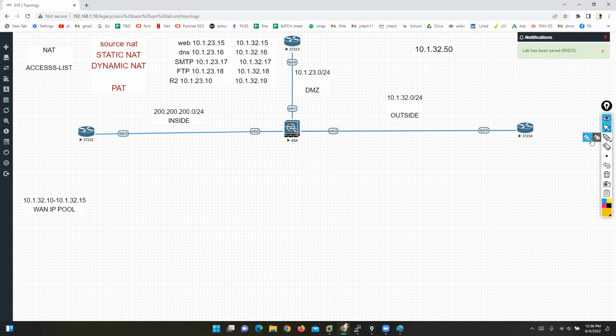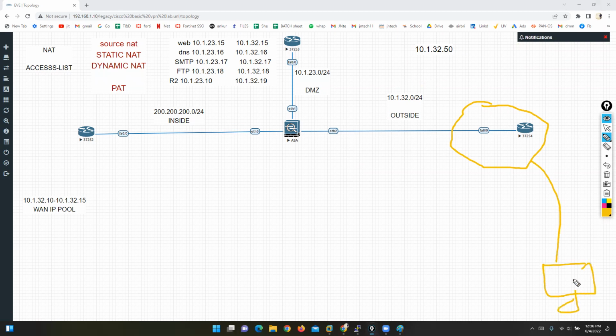I will do the destination NAT configuration on this firewall. If anyone from the outside hits this public IP address, and the request is for port number 443, then as per my destination NAT configuration, my firewall,